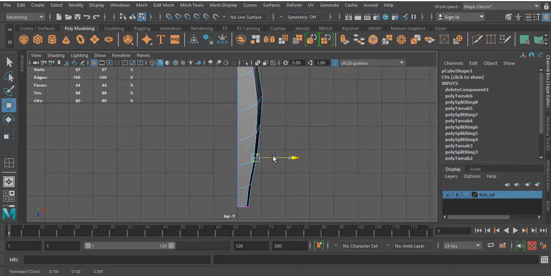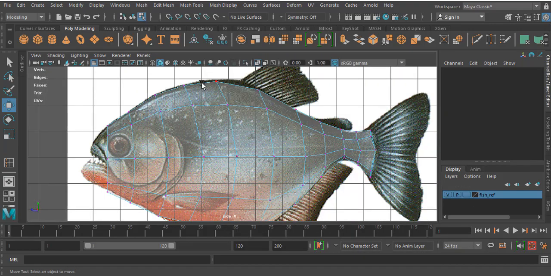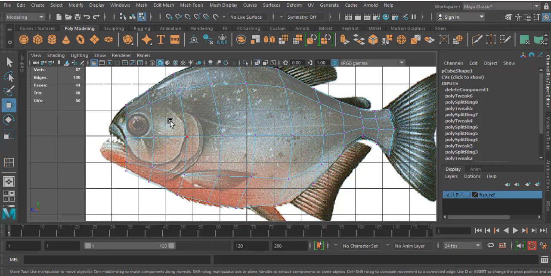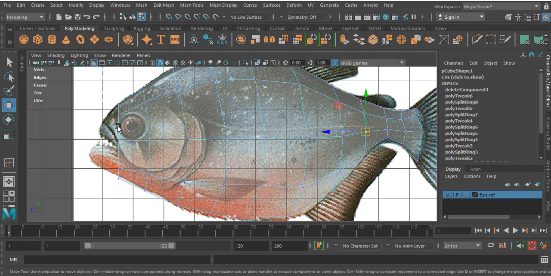I am deforming this. It doesn't mean you have to create a model very fast, because in the initial stages you are not supposed to go for a fast modeling method. You have to practice a lot, then only you can go for the fastest version of creating a model. So automatically it will happen.